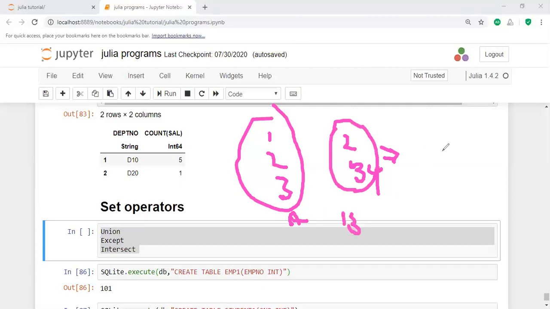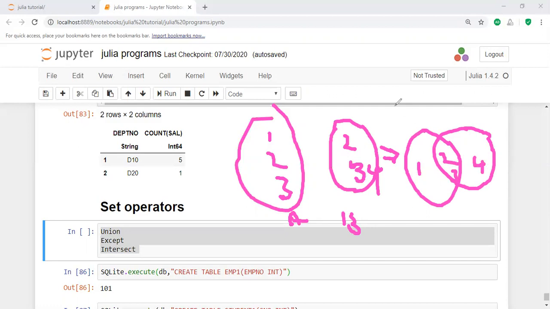How can you get the union here? Let us take the A set values 1, 2, 3 and the B set values 2, 3, 4.